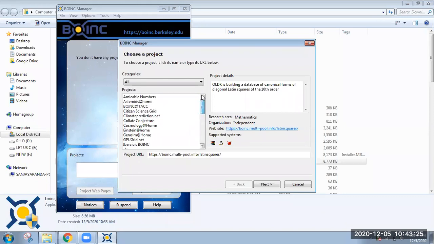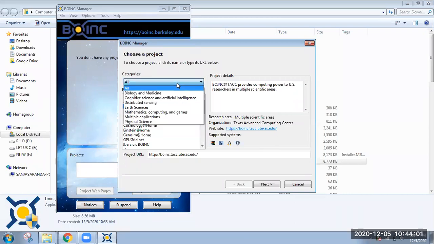So let me participate in BOINC at TACC. Their details also you can get. For example, I want to know the details of BOINC at TACC. It says BOINC at TACC provides computing power to United States researchers in multiple scientific areas, right? So their details also you can find by visiting this particular website. And they are supported on Windows systems, Mac operating systems, Linux systems, as well as in VirtualBox, right? By creating a VirtualBox, you can participate in any type of project.